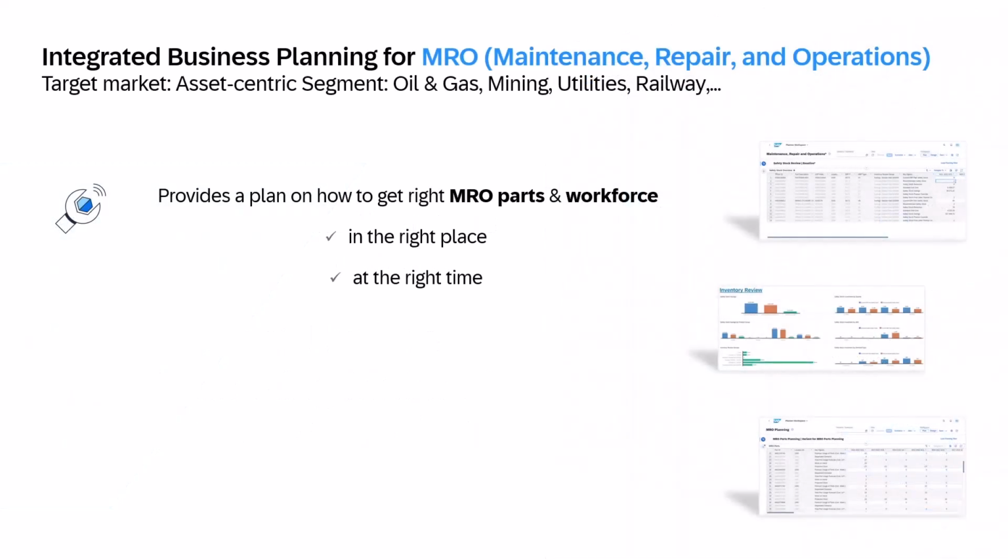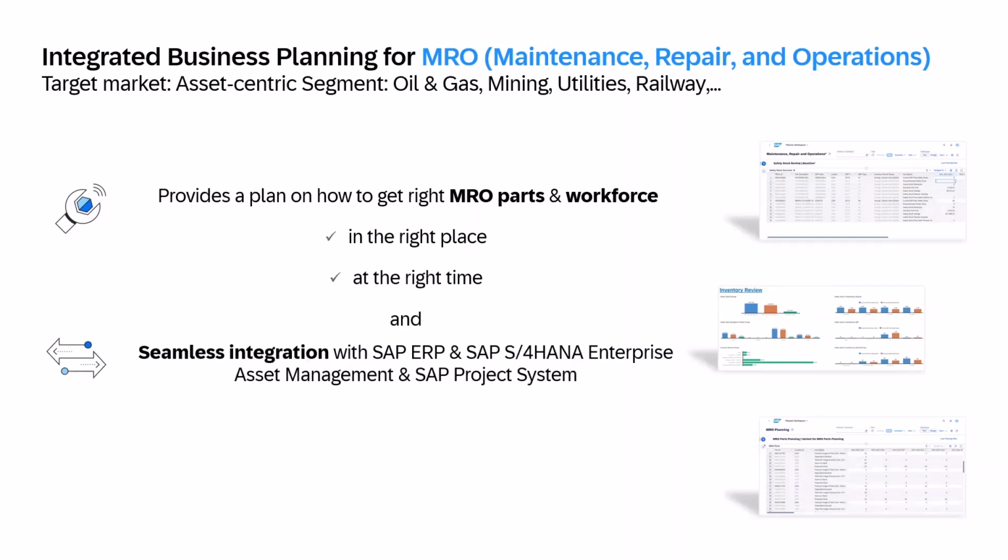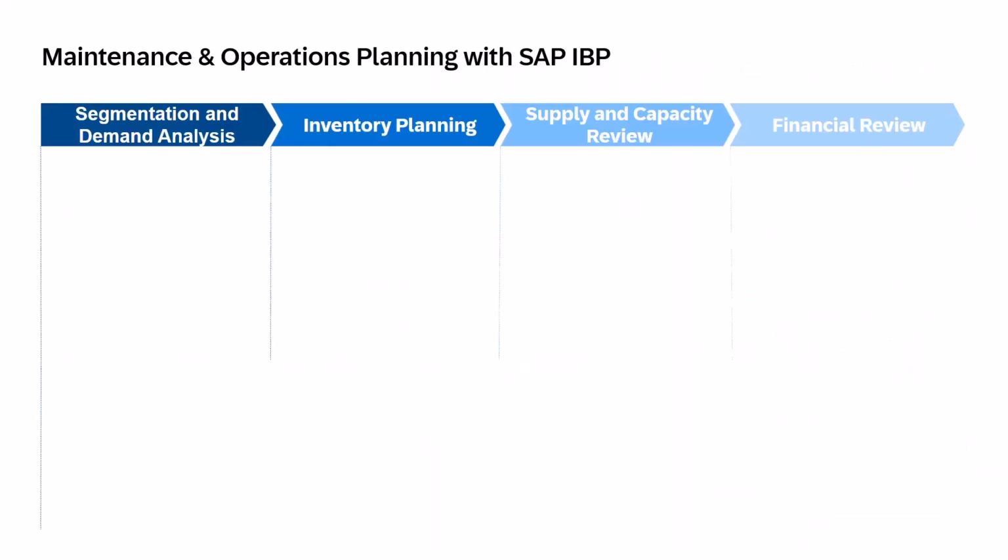SAP IBP for maintenance, repair, and operations allows customers to create an integrated plan to ensure that maintenance parts and resources are available at the right place at the right time. Standard out-of-the-box integration with SAP ERP and SAP S/4HANA Enterprise Asset Management and SAP Project System provides a holistic picture of maintenance requirements. To facilitate this integrated planning approach for maintenance planning, which we refer to as the maintenance and